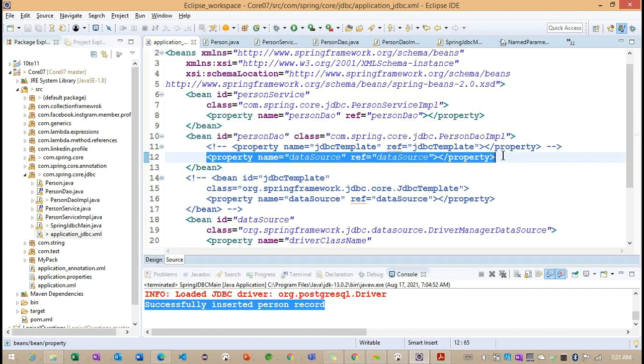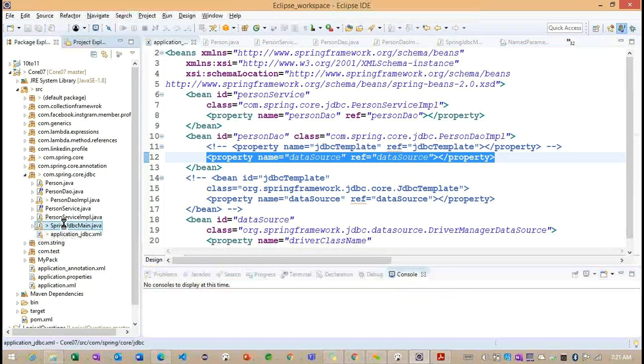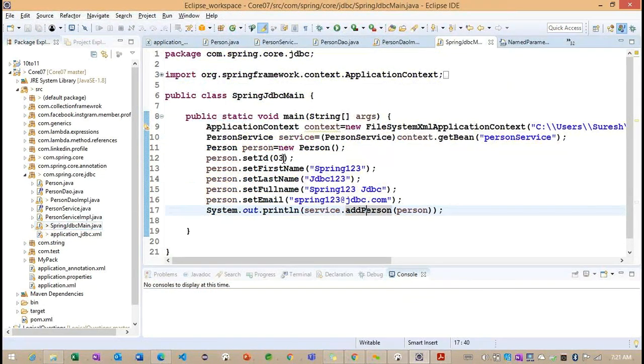With the help of the core module, we are trying to work on Spring JDBC here. Okay. Now we need to go to the main method, and here I want to write, instead of this particular Spring here, named parameter, so named parameter. Right.